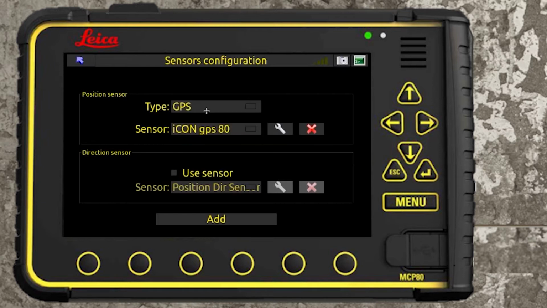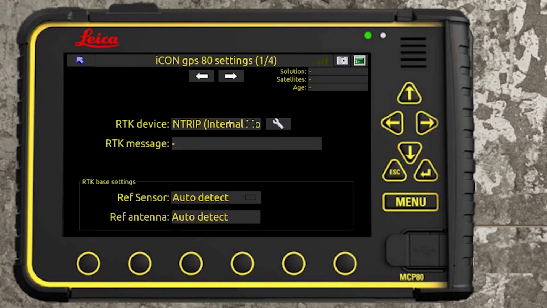But what you'll have is GPS, and you'll have an iCON GPS 80. What I tend to do when I'm setting up a profile is name it iCON GPS 80, then the model of machine and the serial number, so you're setting up a profile for that machine. To go into the settings, just hit the spanner key. At the moment, this is set up for